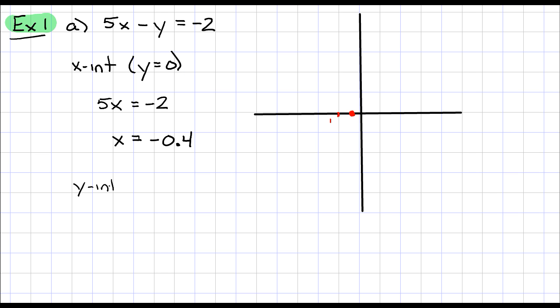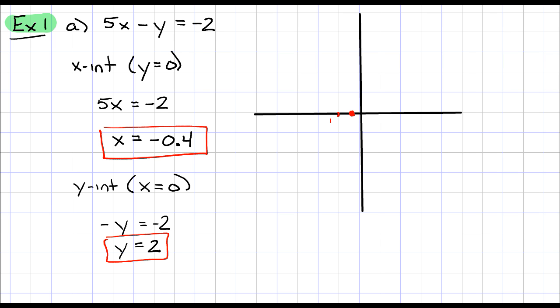The y-intercept is the point where the line hits the y-axis, or in other words, where the x-coordinate is 0. So we need to plug x equals 0 into the equation. Plugging in x equals 0, that just leaves us with minus y equals minus 2, or in other words, y equals 2. So that's the y-intercept. So these are our intercepts, and sketching y equals 2 on this graph, I'm going to get a point right around